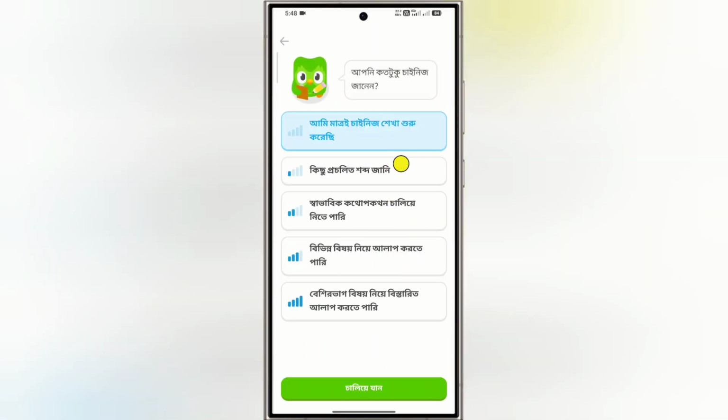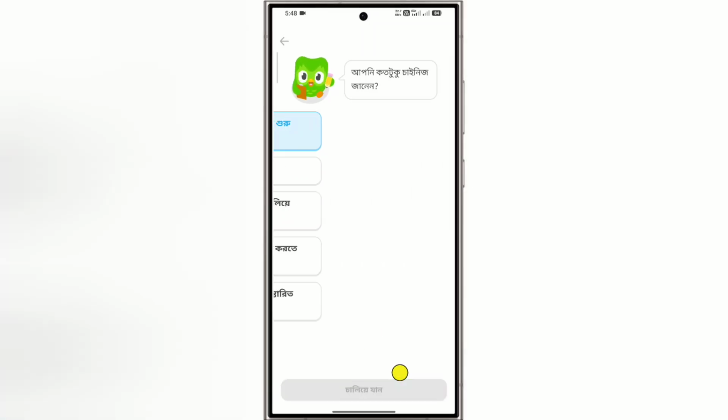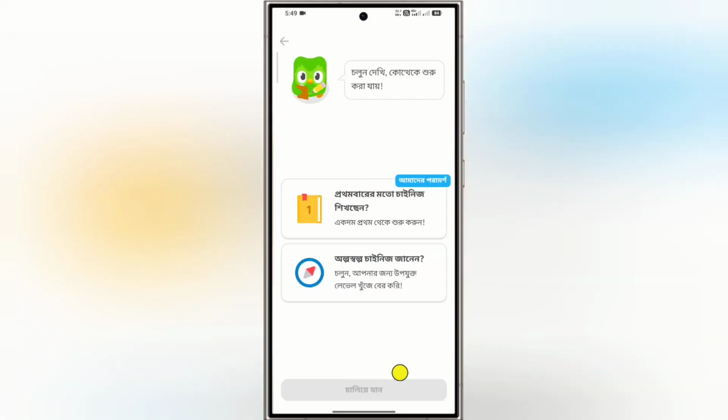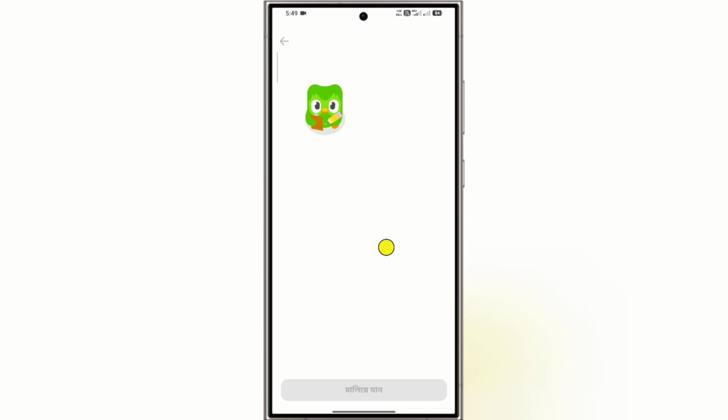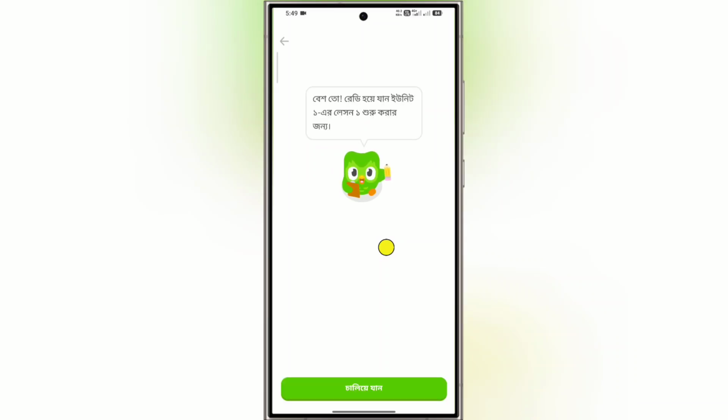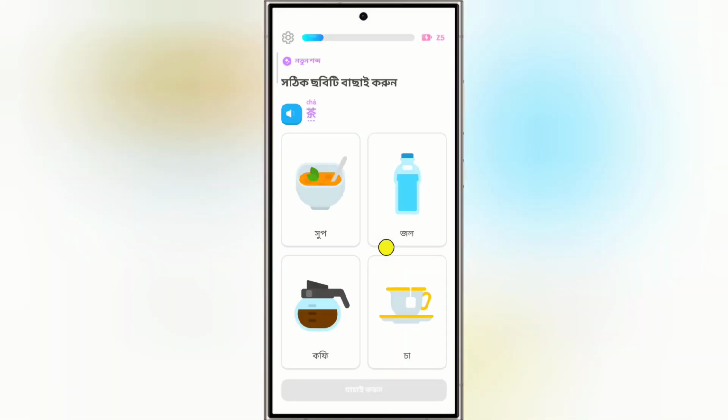And select any option. Tap on continue. Select any option, tap on continue. By doing this process, you can successfully add any